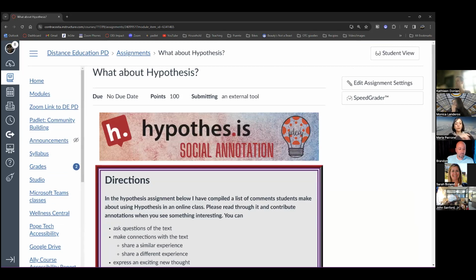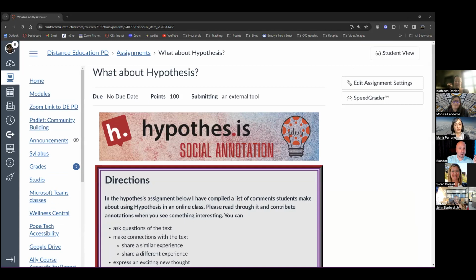Okay, now my favorite tool of all time is a tool called Hypothesis. In fact, the last time I saw data numbers, I was in the top 5 California instructors with Hypothesis usage. So I was super high up there.